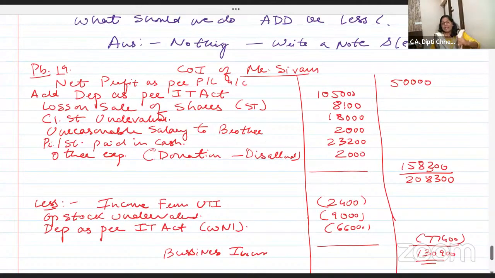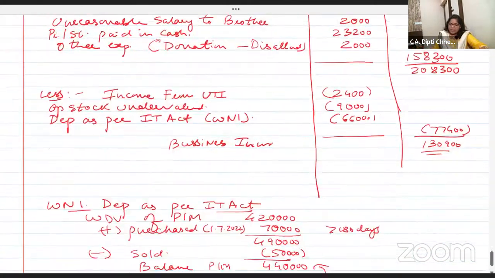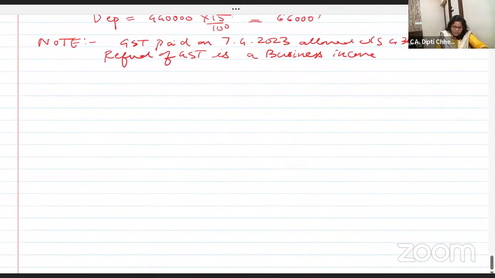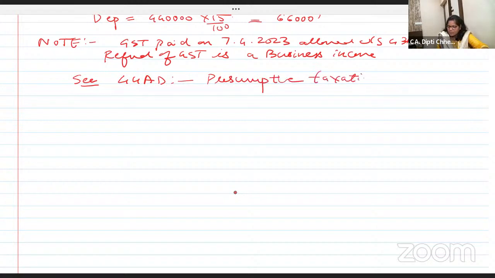Now, here one more thing we will do, dear students. Shivam, if you maintain books, this is your income. Shivam has got an option that if he wants, can he go for section 44 AD? What is 44 AD? Presumptive taxation. I'm giving you notes now. Presumptive taxation. It says on your turnover, generally, even if you are not having the books of accounts, on your turnover, 8% net profit